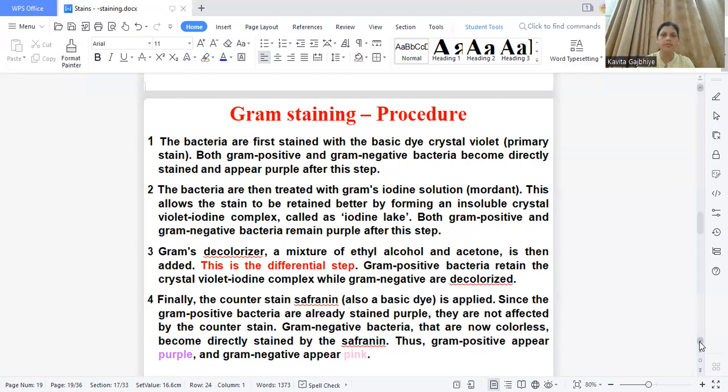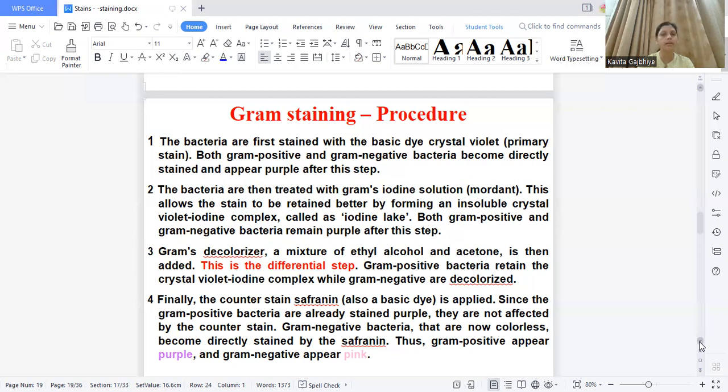This complex can be formed in both gram-negative and gram-positive bacteria, so both remain purple in the initial stage. Then a decolorizing agent, for example ethyl alcohol, acetone or ethanol, is used. This is the differential step, because after using the decolorizing agent, only gram-positive bacteria retain the crystal violet iodine complex,